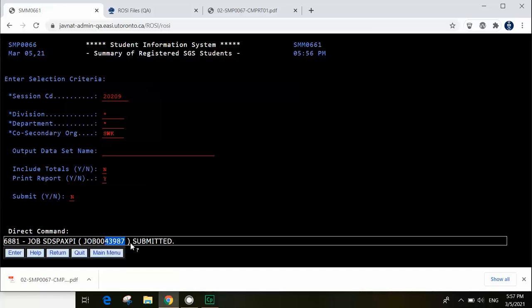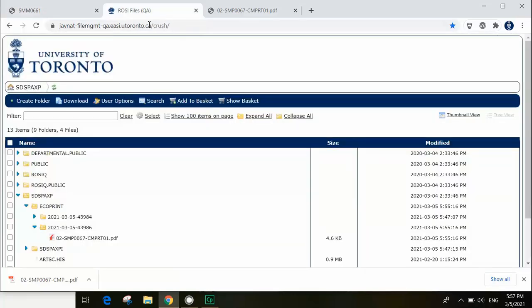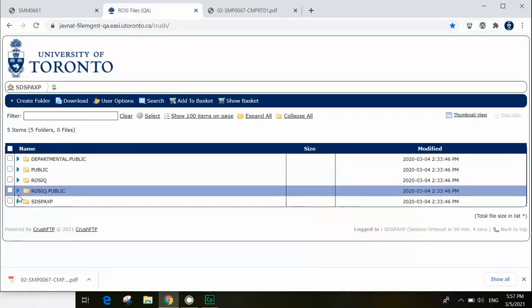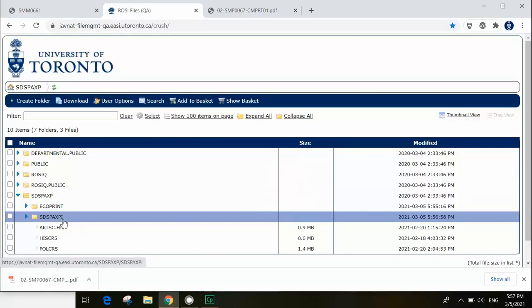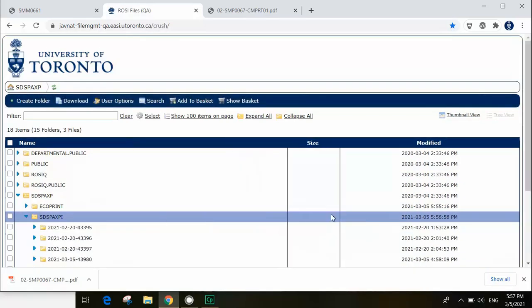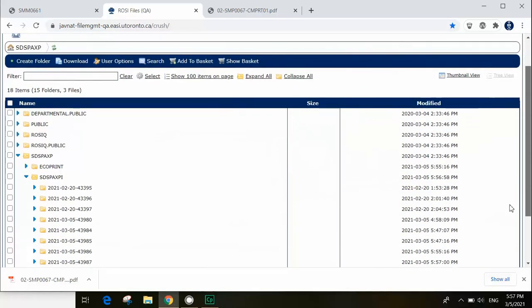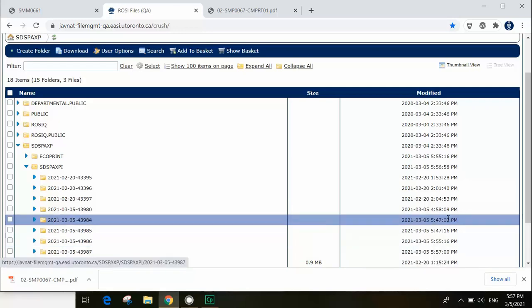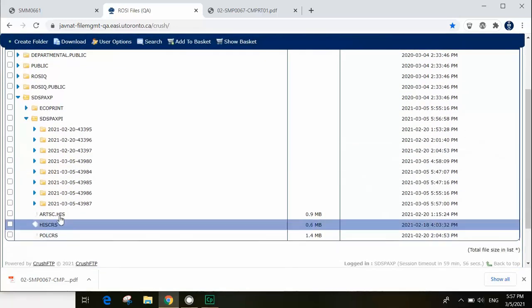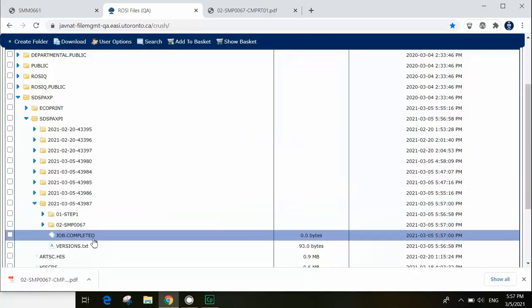Open the folder with your user ID. Inside this folder, there is another folder with your user ID and an I on the end. Open it. Find the folder with the date of the day, including your job number. Click the small arrow on the left side next to it. Here you see job.completed, which is important because it's telling you that your output request is ready and it didn't fail. Click the arrow next to the folder